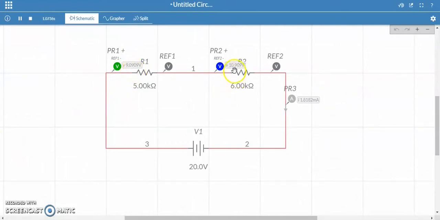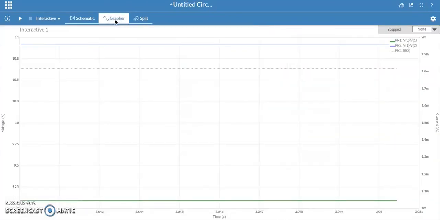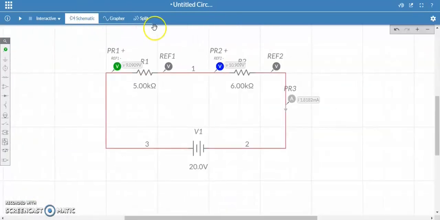After pressing this button, the values are given: voltage across the resistance and current in the circuit. See the voltage and current of this series resistance. We can stop this simulation by pressing the stop reset button.